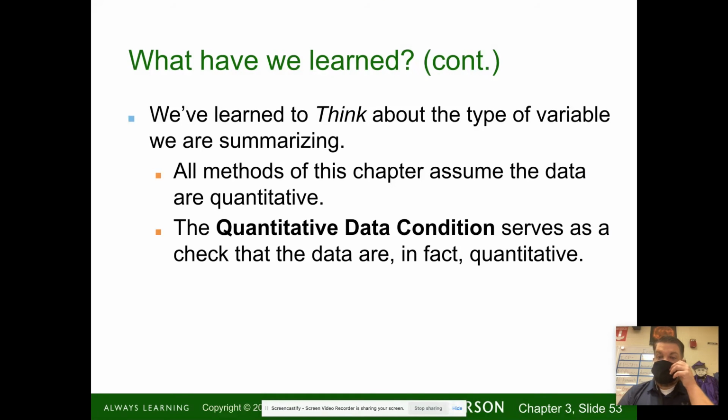Quantitative data condition serves as a check that the data are in fact quantitative. All right. Categorical, you have more than one thing that you're counting, right? How many pizzas do you like? How many cheeseburgers do you like? How many slices of pizza does this person eat? One category, lots of measurements. The second one is more quantitative, okay? Any questions? Whew, that's a lot to